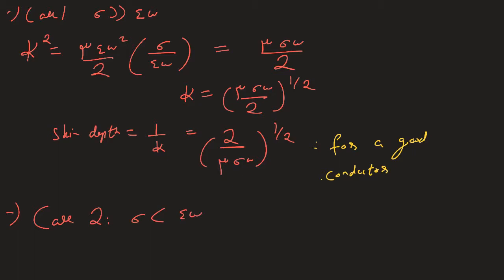Now the way to do this would be to Taylor expand 1 plus sigma over epsilon omega whole square, the square root. So we have that sigma is much less than epsilon omega, so this thing is less than 1. So we'll do a Taylor expansion, and what that will give us is that